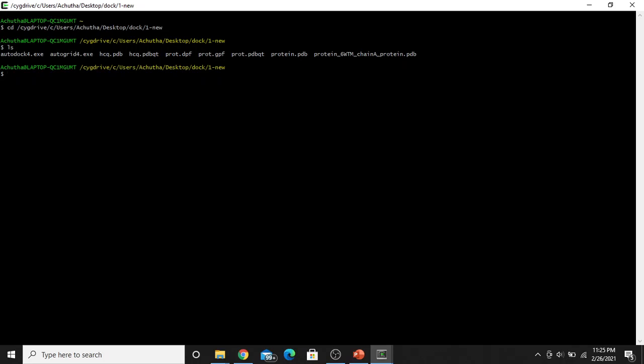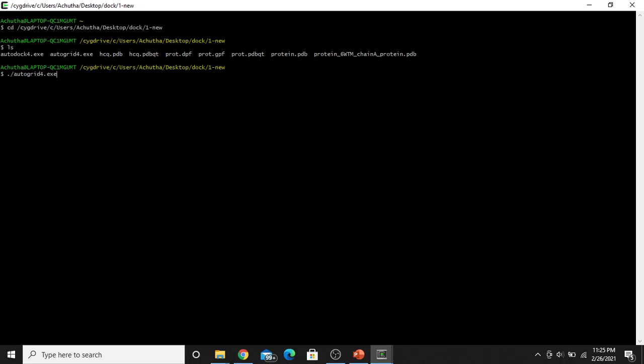Now you have to run the gpf, or grid parameter file, or the grid calculation. So the command is dot slash, and you have to type the application name, autogrid4.exe.